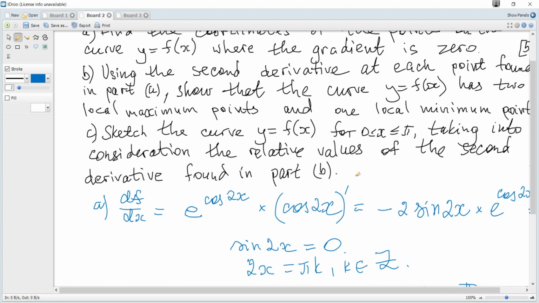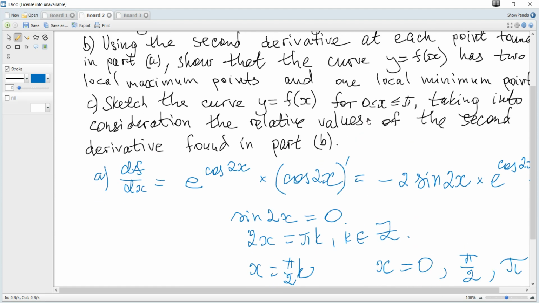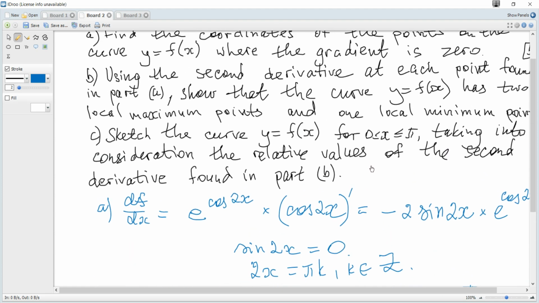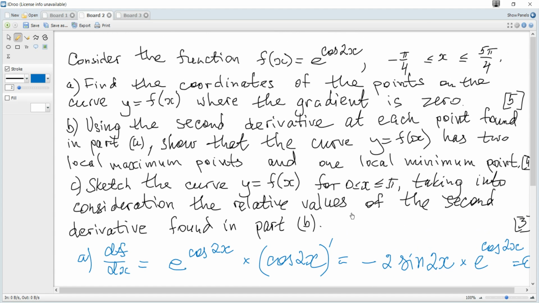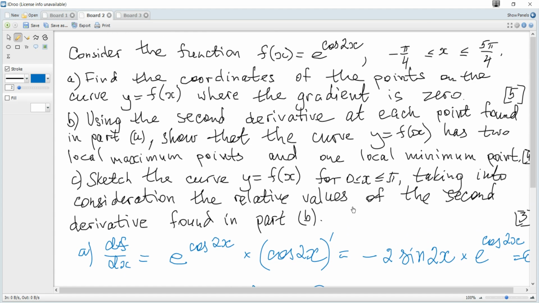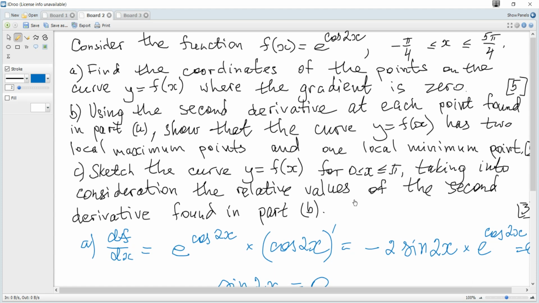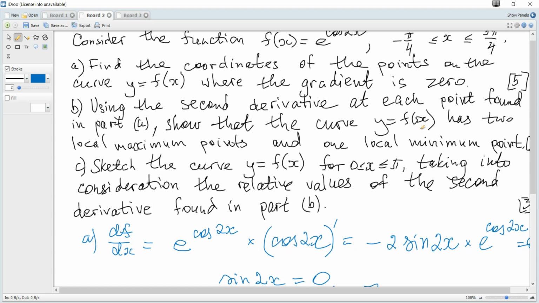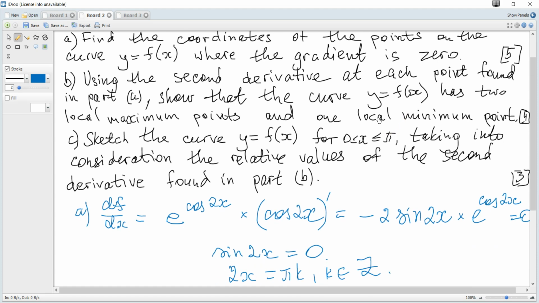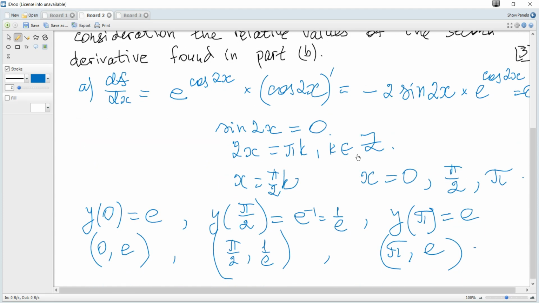The next part. Using the second derivative at each point found in part A, show that the curve y is f of x has 2 local maximum points and 1 local minimum point. So we need the second derivative,